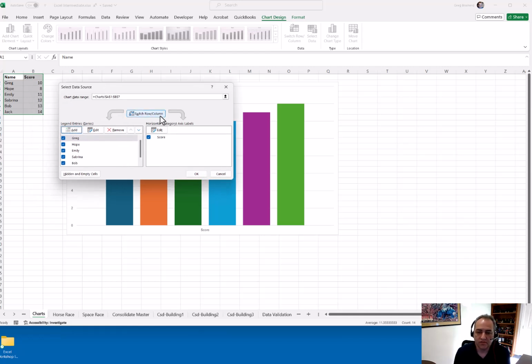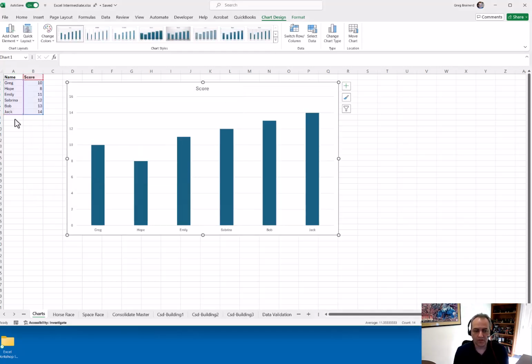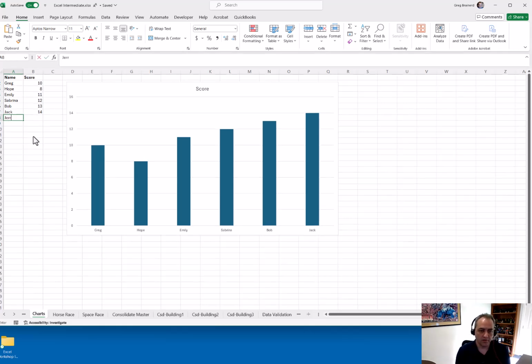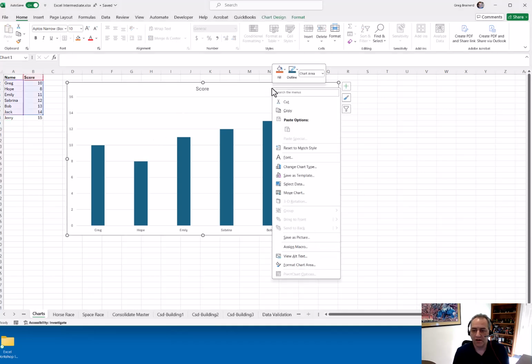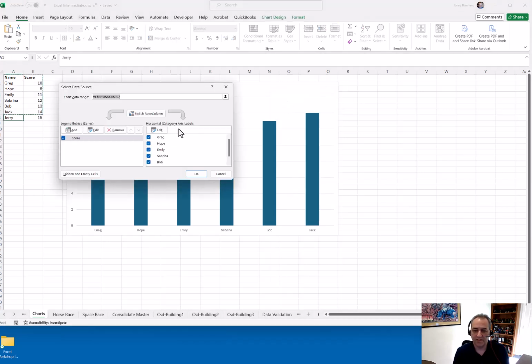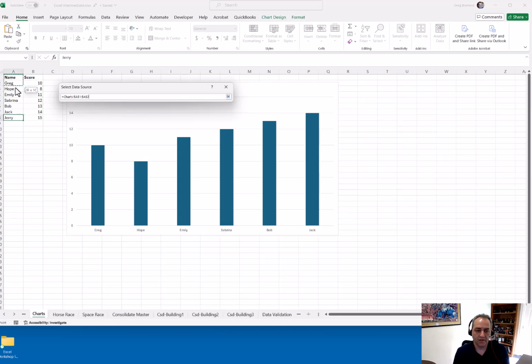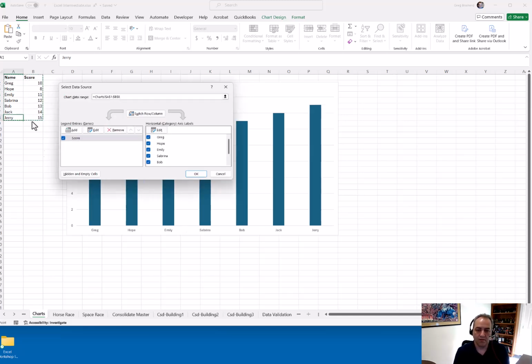So for example, we'll leave it back on this one, but I want to add Jerry, and he has a score of 15. You can see that Jerry wasn't added, so if I right click here, I'm going to have to select my data and then go back and include Jerry or whoever I'm adding to it,